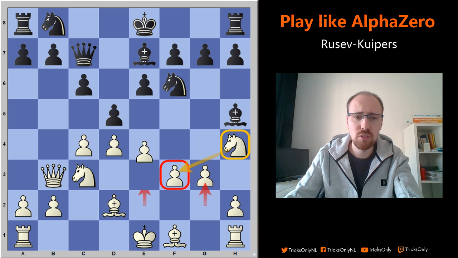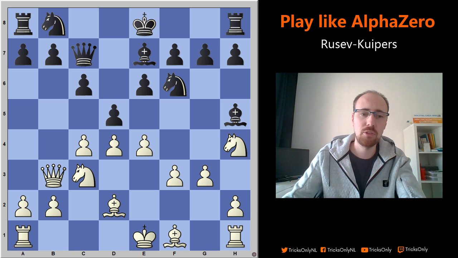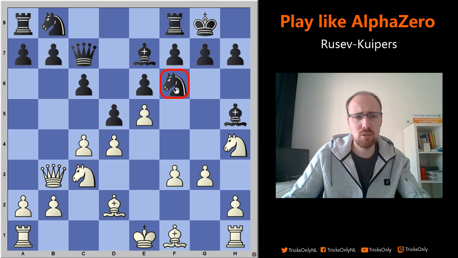And he played the move e4, and this is where things are getting extremely interesting because he's opening up the center with his king in the center, but also my king is in the center. So it's not sure what's going on. I probably should have played castles. I was worried about the move e5, and then I have to move my knight to some unfortunate square